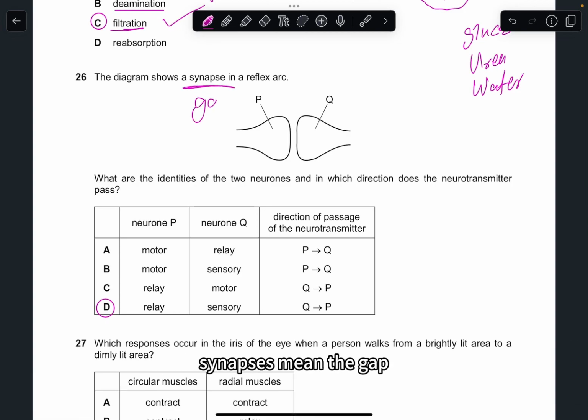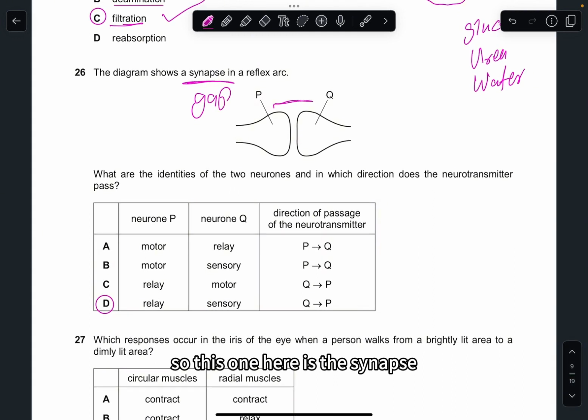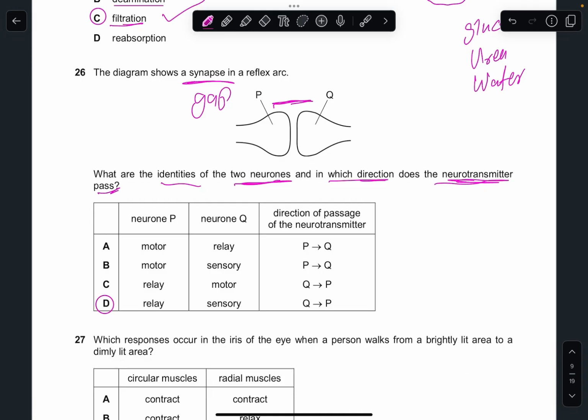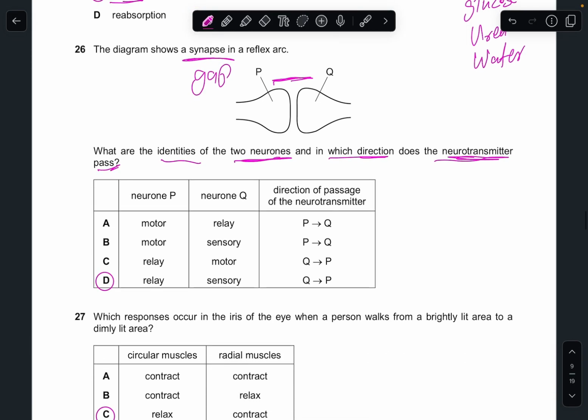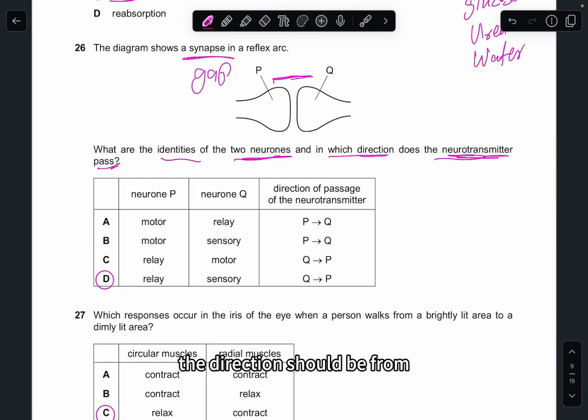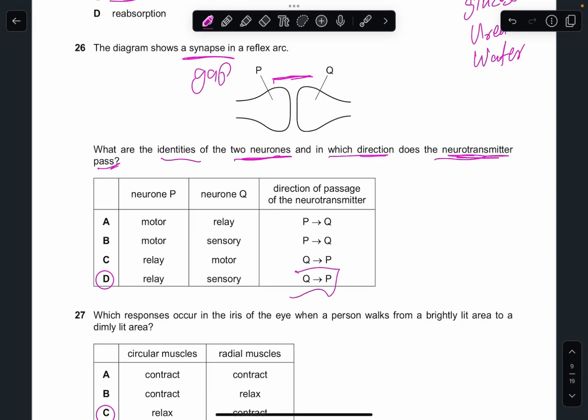Question 26, they show us a synapse. Synapse means the gap. So this one here is the synapse. What are the identities of the two neurons, and in which direction does the neurotransmitter pass? If you see this diagram very clearly, the direction should be from Q to P,